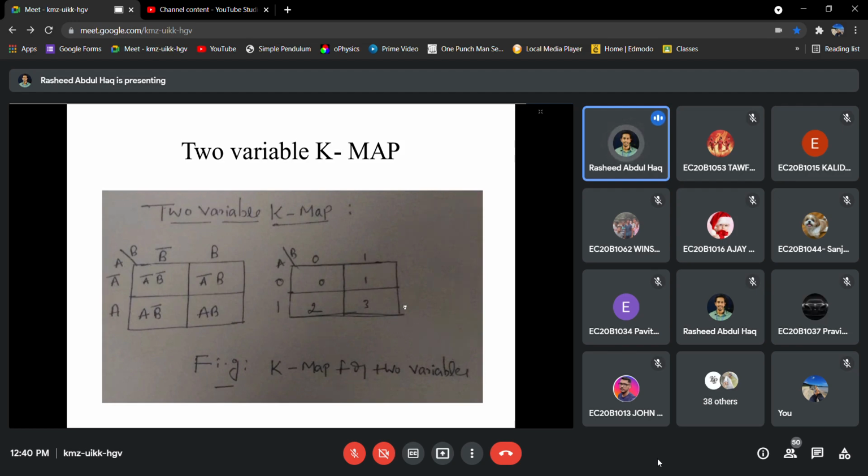Let's take an example, A B. This is how we are taking numbers from the table, and we will insert the values into the cells. Don't get confused by 0, 1, 2, that is just the position. Then go clockwise, and 0, 1, 2 is the order that we have to use for a two-variable K-map.